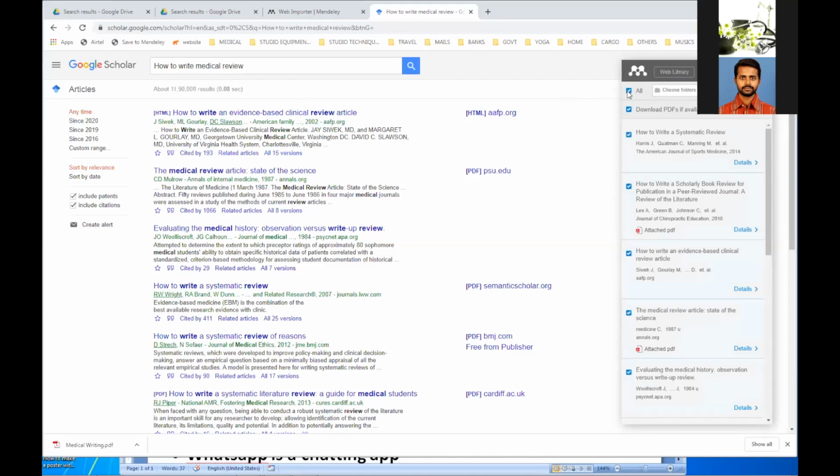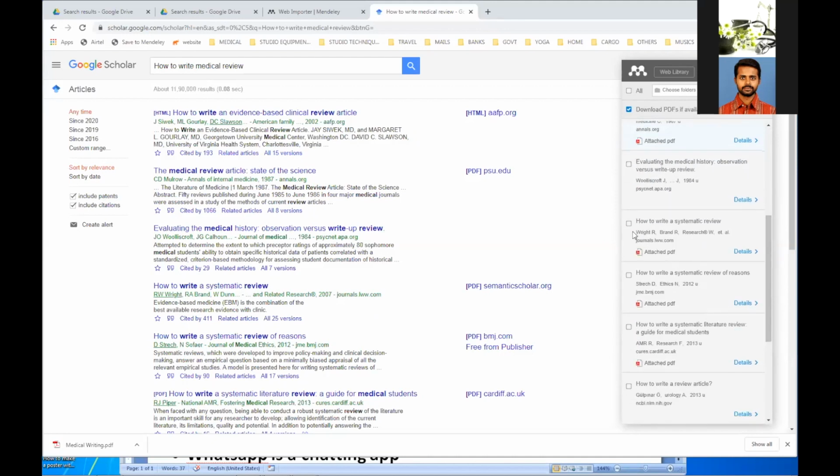I can choose all. See, it checks all the documents, whatever is available, or I can uncheck all and I can check only what is having PDF. See, it shows here attached PDF. Select it. Attached PDF. Select it. This doesn't have a PDF, but I think this will be useful. Even the abstract can be utilized. Even just a reference can be given. Still, I will select it. There are a few more with PDF and I am choosing them. Now I have chosen all this.